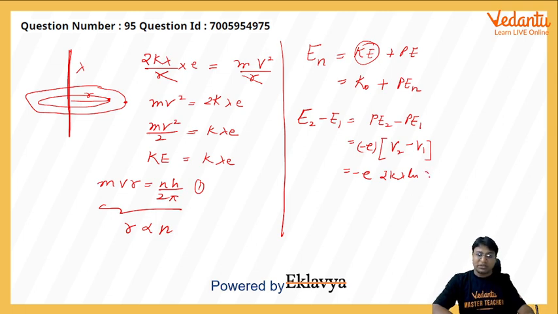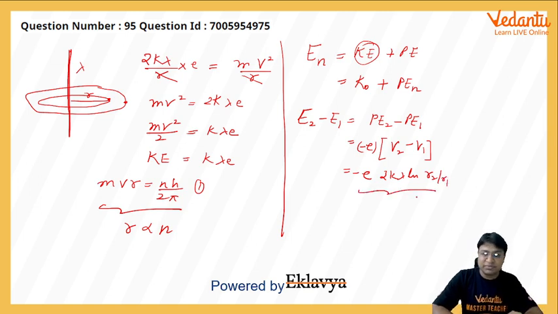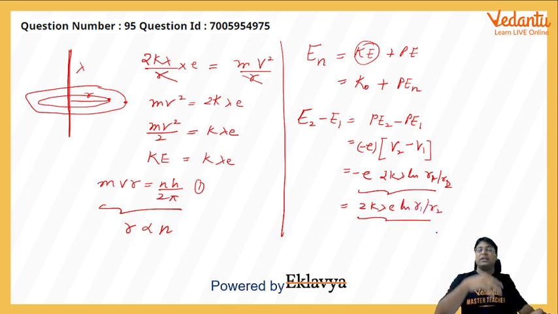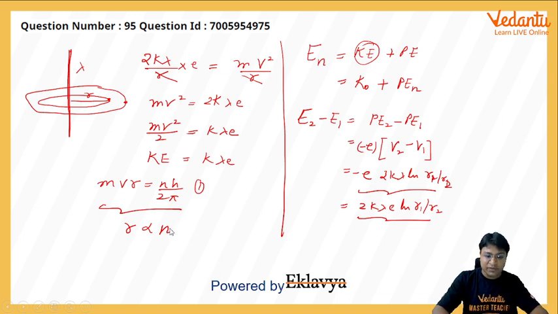We write it as R2 by R1. So this much becomes the energy difference between the second orbit and the first orbit. Actually, it's R1 by R2. So basically, to get rid of the minus sign, we can write it as 2k lambda E ln R1 by R2. And if we are talking about the first orbit and the second orbit, then this ratio will become